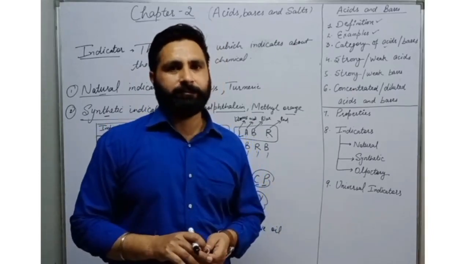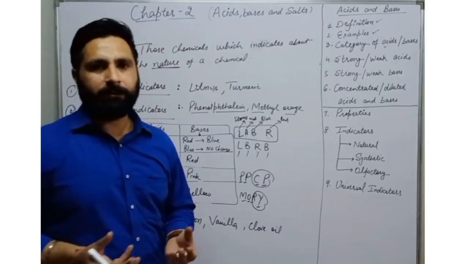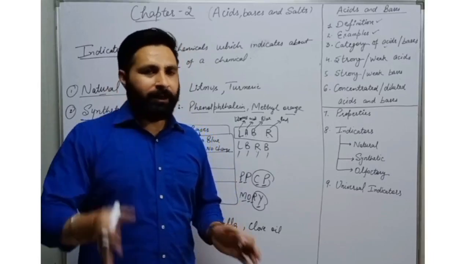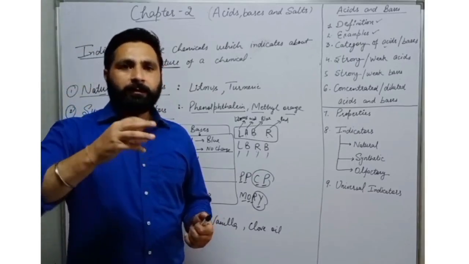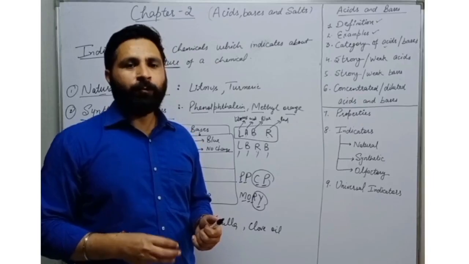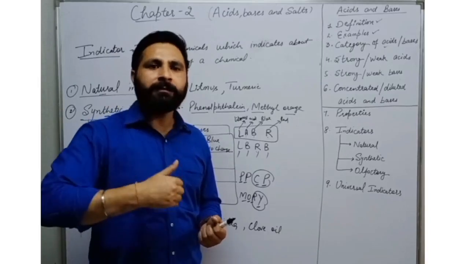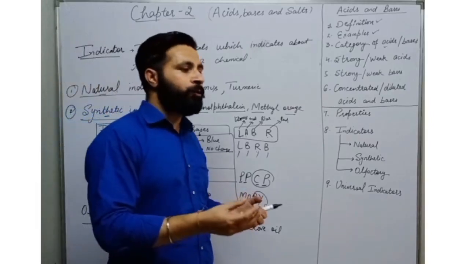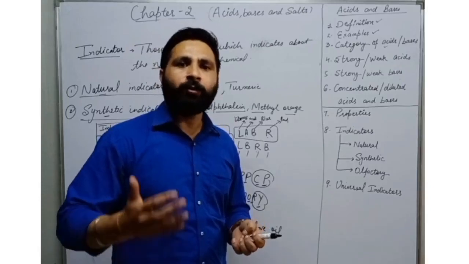bases. So suppose I am having onion paste or onion, you can smell it. Okay, so keep it in mind, the smell. Now put this onion paste in acid, or put some acid on this onion paste. When you smell it again, its smell is changed from the simple onion paste. And similarly, when you put some base on this onion paste, if you smell it, its smell is totally different.